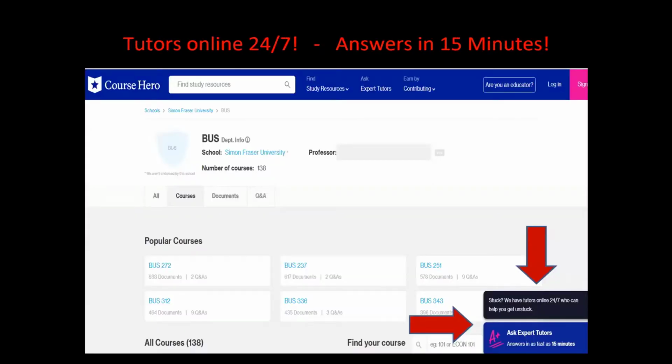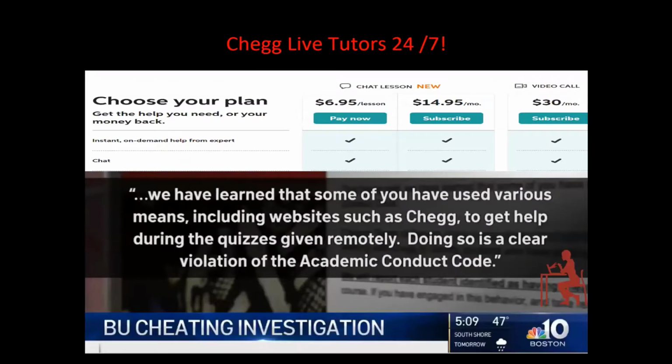And you can see Course Hero offers this service, and Chegg also does. For $6.95 a lesson or a subscription for $14.95 a month, you could get instant on-demand help from an expert. So take-home exam or timed exam, during something like that, you could text a tutor with an answer, it gets posted on the website, and then all the students also have access to it. And this was a situation that happens many places, but there's a current investigation brewing at Boston University, I think,